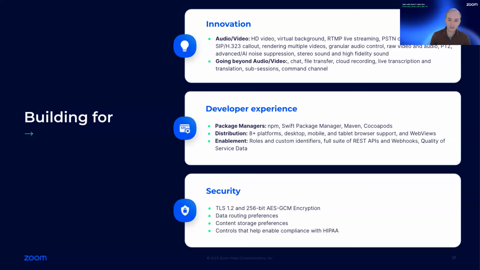for their use cases. In a session, there could be different roles and sort of levels of permission for the users. So we allow you to have co-host, host, user, but then we give you a custom field if you'd like to build your own user permissions or identifiers. And then we have REST APIs and webhooks as well that can give you some control over the